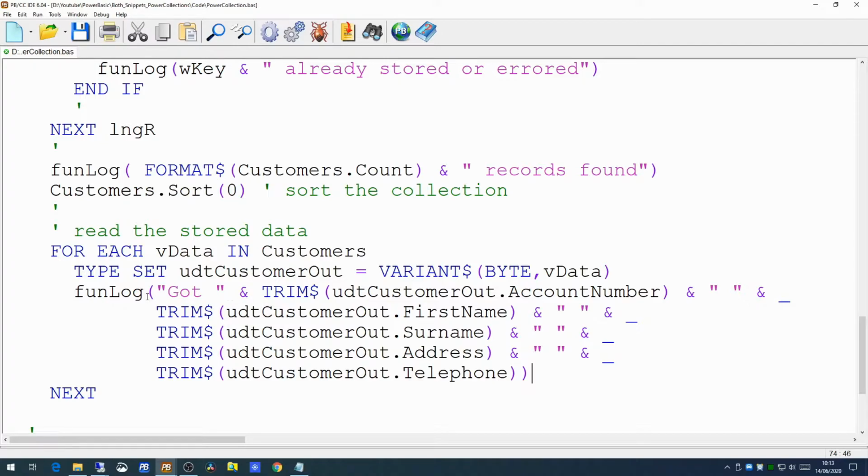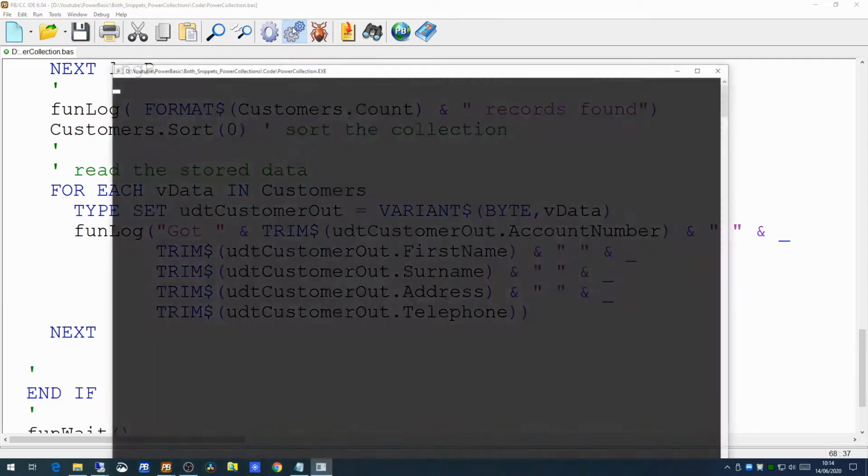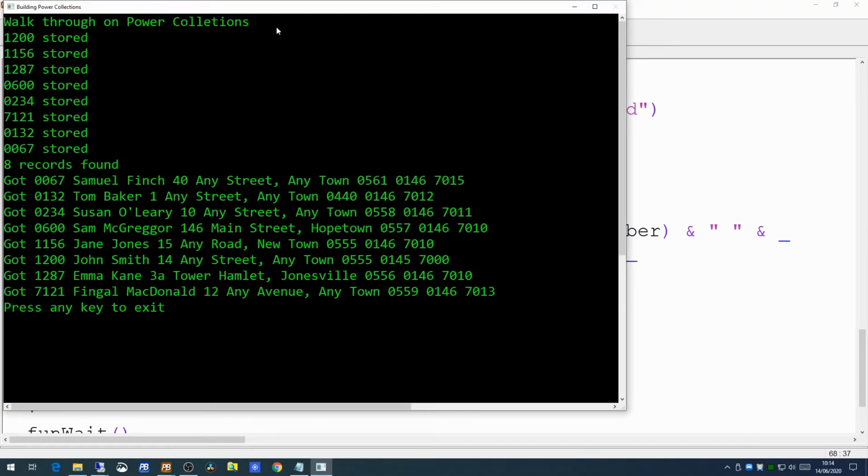So all we're doing here is we're taking the customer out user-defined type and the account number. Since this is a user-defined type, we're using a trim command to trim all the extra spaces on the end out. And we're adding on the first name, the surname, the address and the telephone. So if we ran this now, we would see at the end we now have the same information coming back. If we just compare that to our original file,